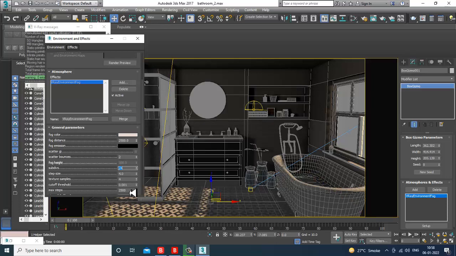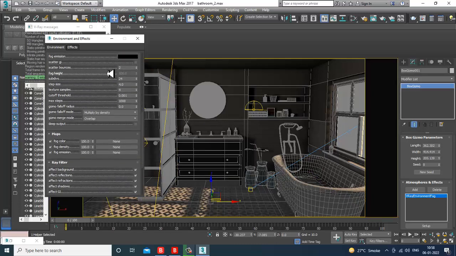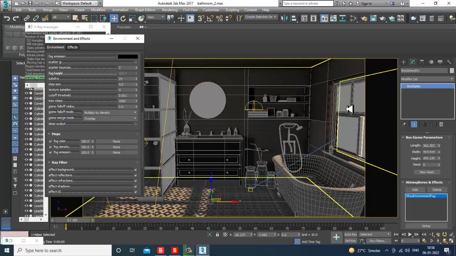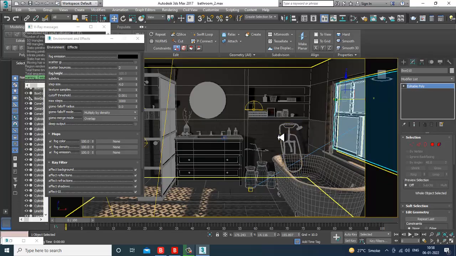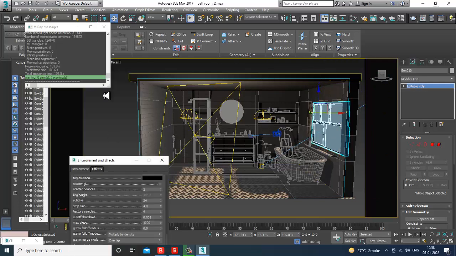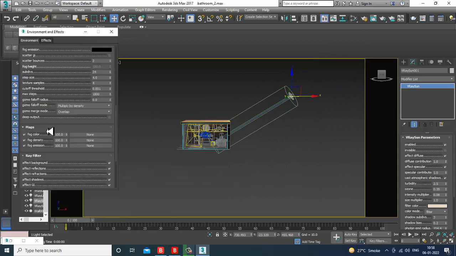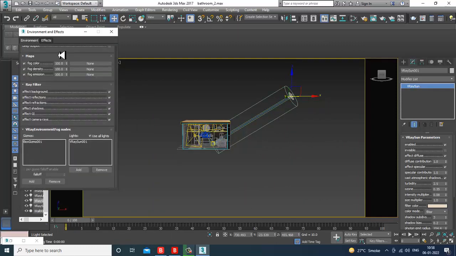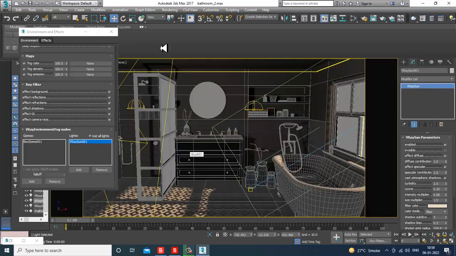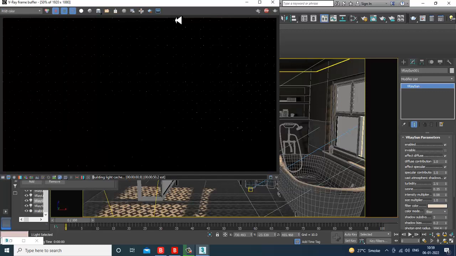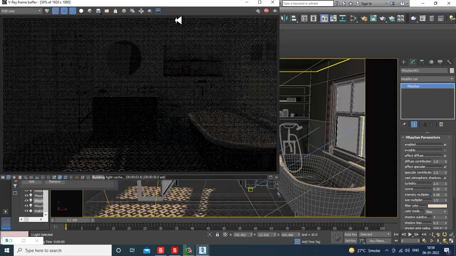I'll keep this as 1000. Alright. So I'll again go back to perspective. I'll just select this light. Again, I can add one more light, or you can just duplicate that also. So let's just render again and see how it looks like.